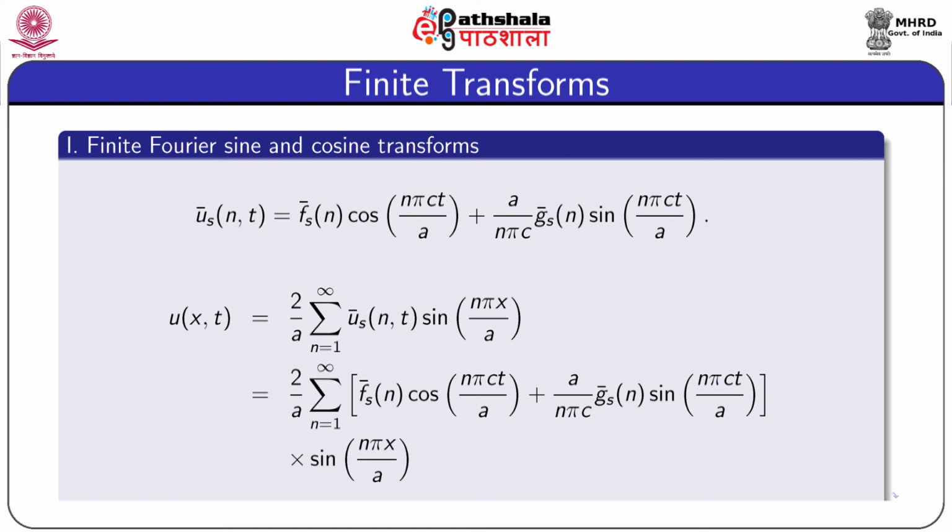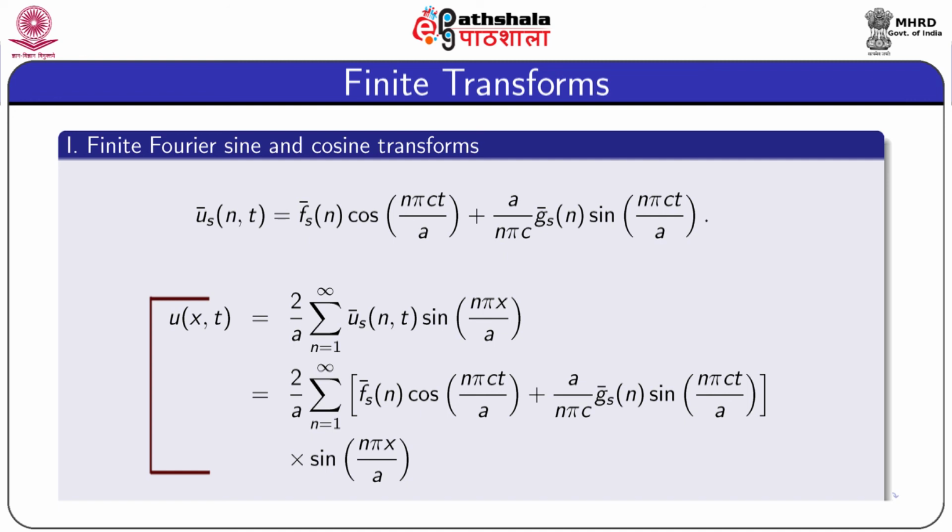Now, to get back the expression for u, or to find the value of u as a function of x and t, we need to apply the inverse Fourier transform. So, in the next step we apply the inverse sine Fourier transform of u s bar. According to that formula, u is equal to 2 by a, sum over n, u s bar sin(n pi x by a). Now, substituting the value of u s bar, we obtain our required solution u as 2 by a